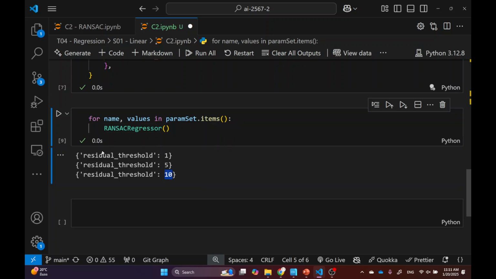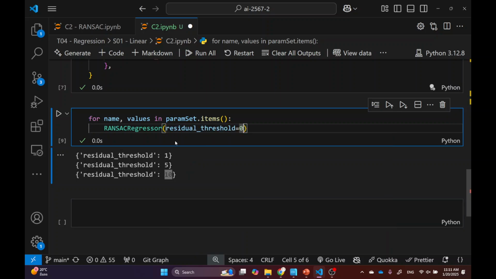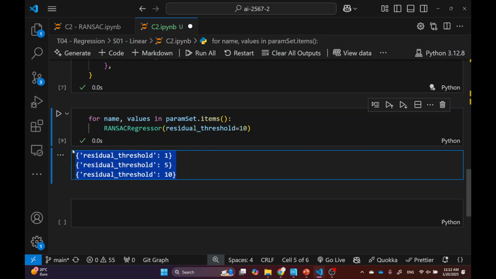Like if I were to type in manually, I would have to do this. Residual threshold equal 1, or 5 or 10. If I were to do it manually, I would have to do this. But I don't want to do this, right? Because I already have the value that's changing in here. So I want to do this automatically using